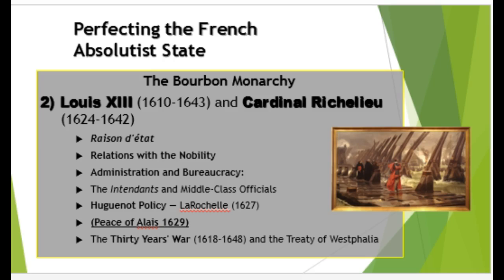So a couple things here about Louis XIII and Cardinal Richelieu. You have the raison d'etat, which is an overriding concern, usually the interests of the country, that justifies political or diplomatic action that might otherwise be considered reprehensible. And again, in U.S. history, it's kind of like when presidents during wars will suspend the writ of habeas corpus. Abraham Lincoln did that during the Civil War.